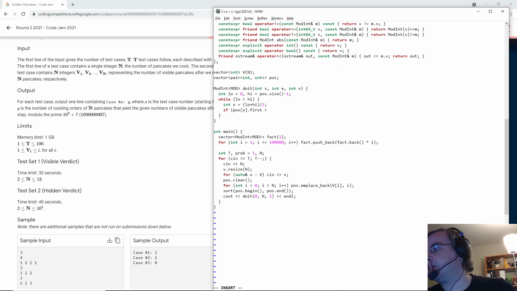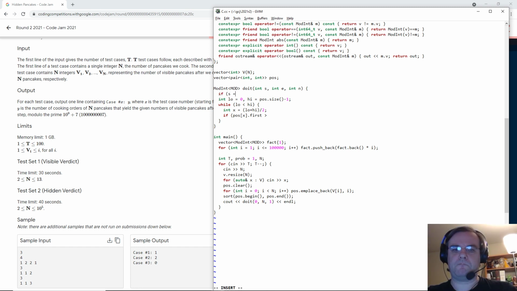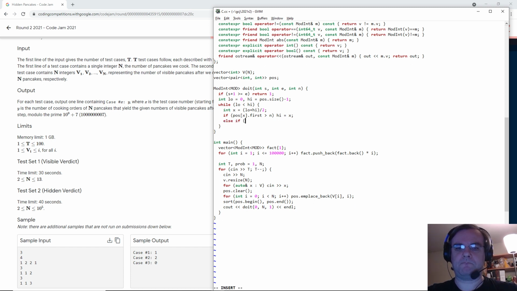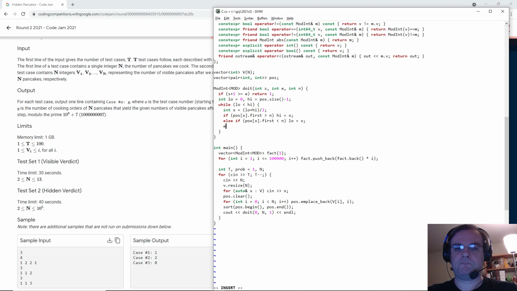So I'm just doing a binary search to find that. What I'm actually going to be doing is finding the first element after.